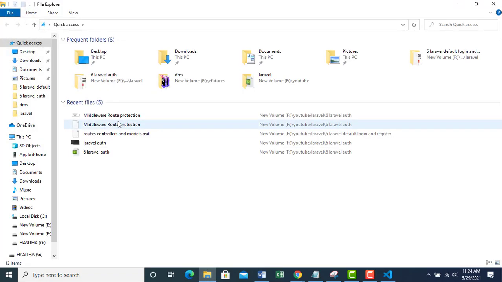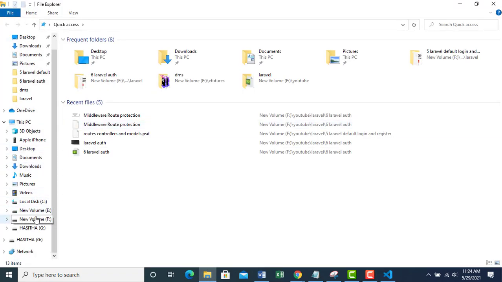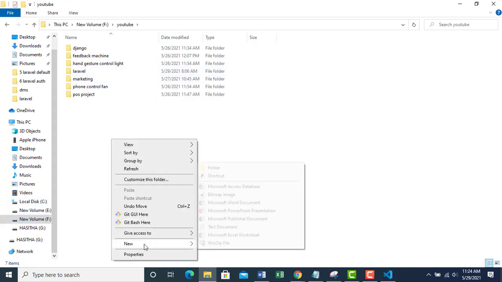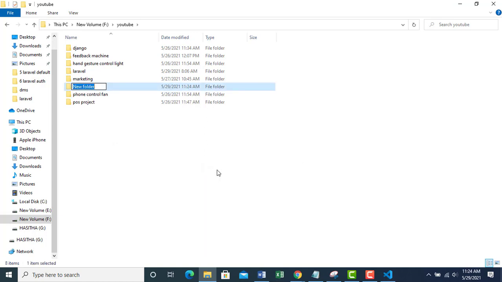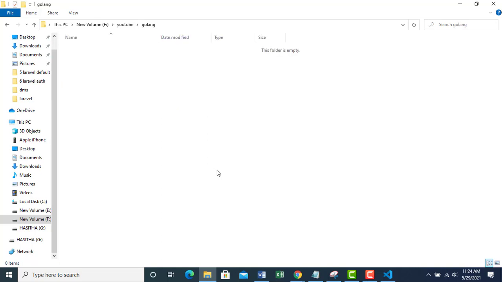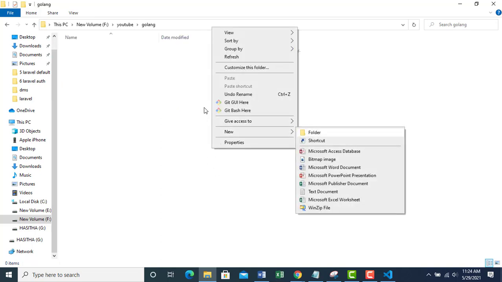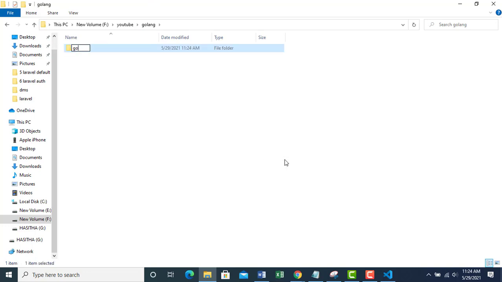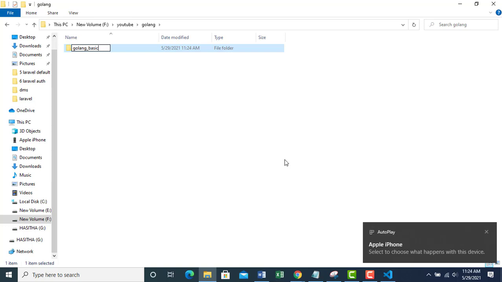After that, you can go to a file location and make a folder and also subfolders, just like this.